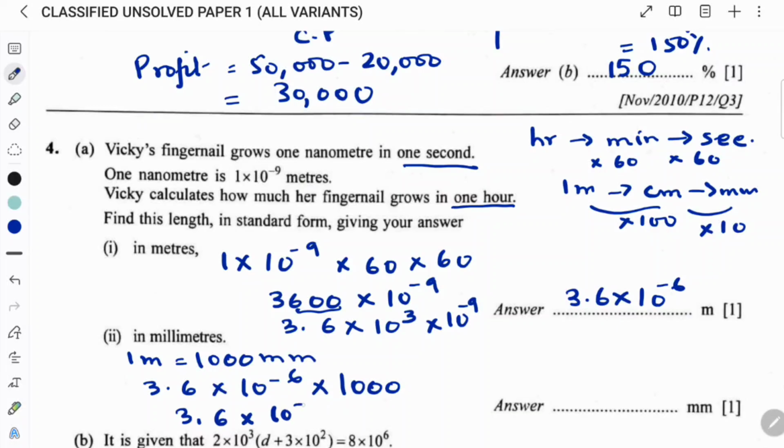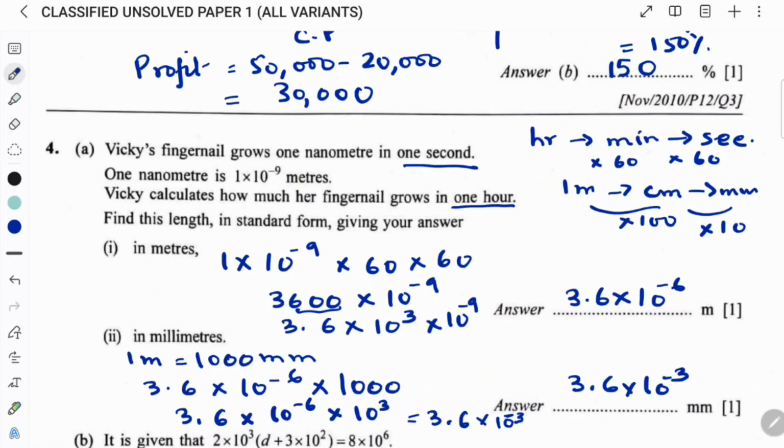3.6 into 10 minus 6 into positive 3. Altogether it will become 3.6 into 10 to the power minus 3, because 6 is the greater digit. So 3.6 into 10 to the power minus 3. In the above question,